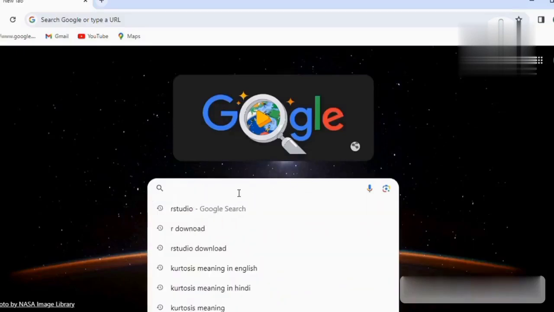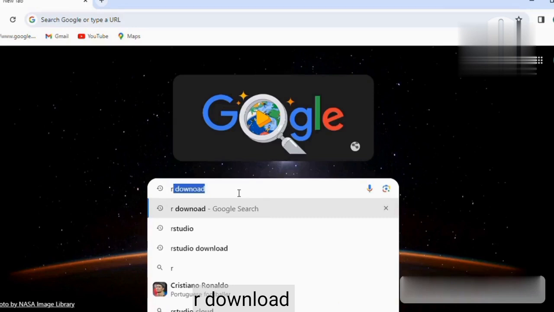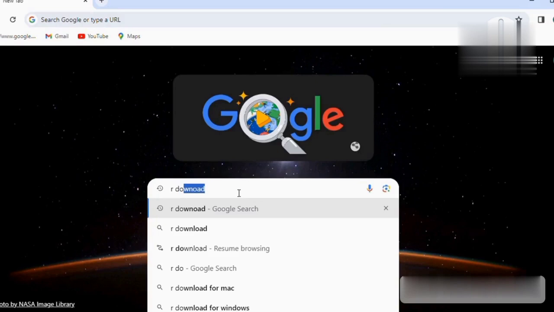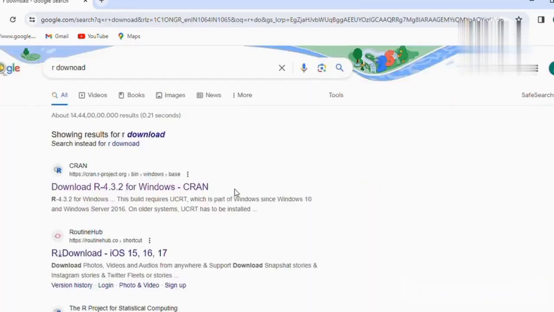In this video, we will see how to install RStudio for Windows. For installation, open Chrome and search "R download". When installing R, you should be logged in as administrator. Now, we will open download